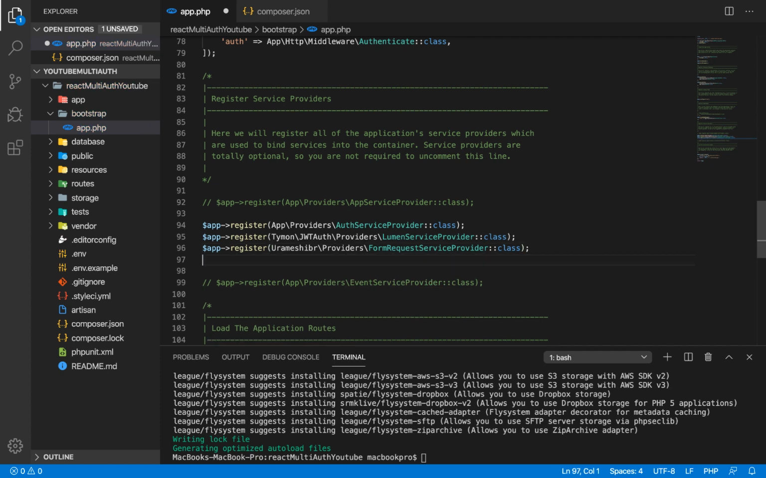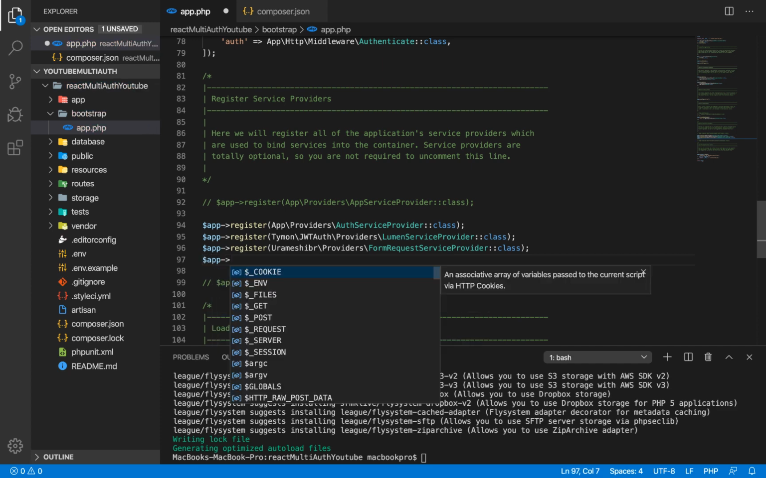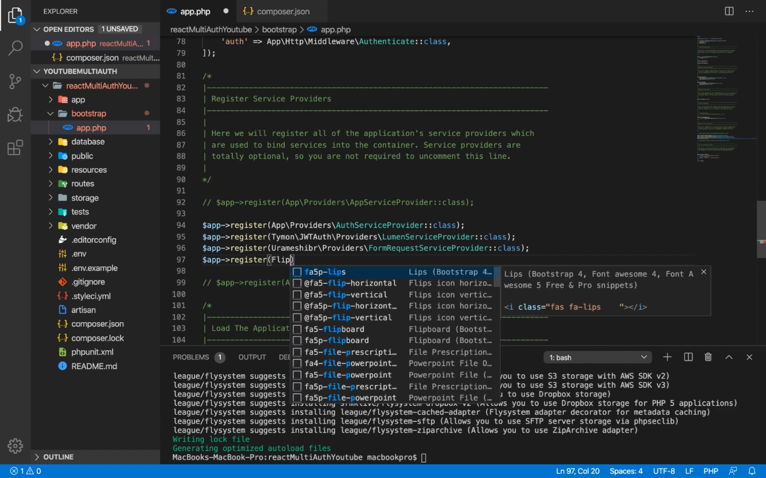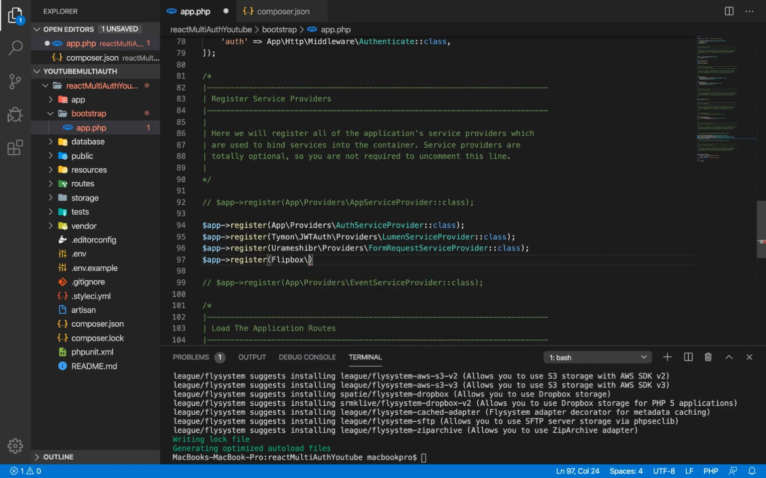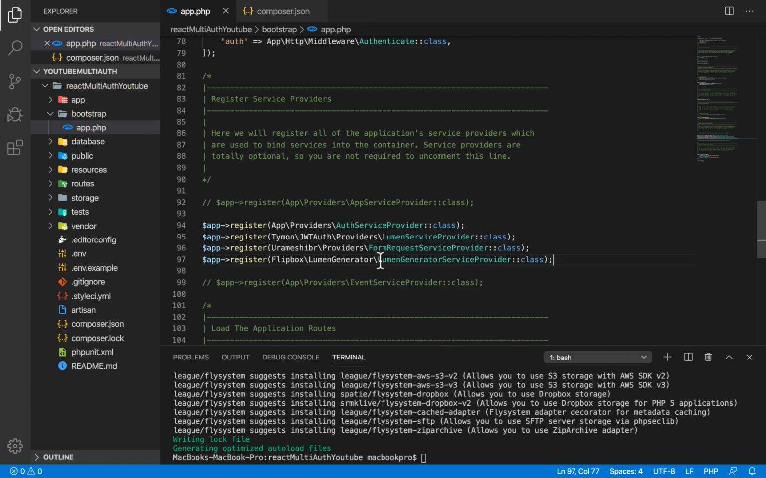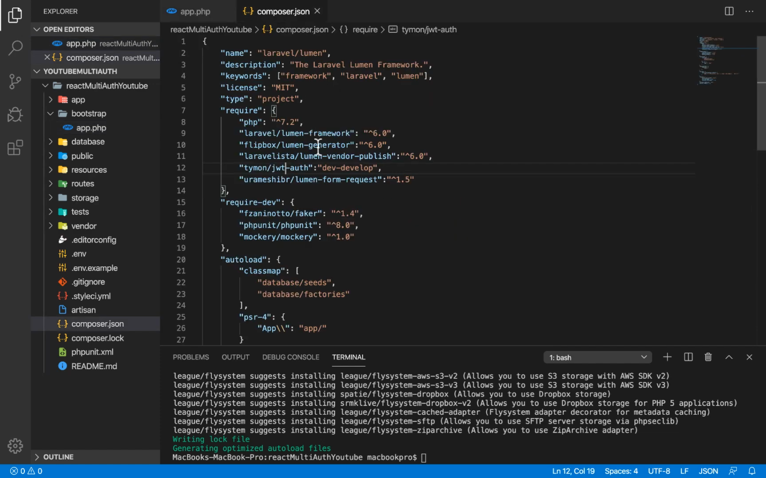And the last one we are going to be registering is our Lumen generator service provider, and this is going to come from flipbox/lumen-generator. Sometimes my IntelliSense works great, sometimes it doesn't work great. Lumen generator, and this is class. So now that we have registered our 3 packages from here,